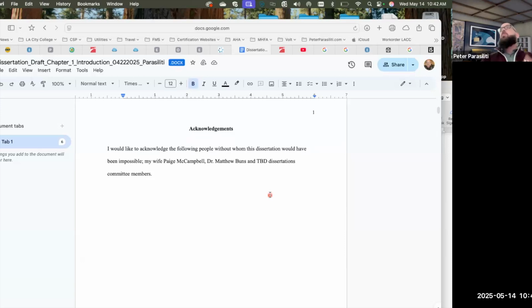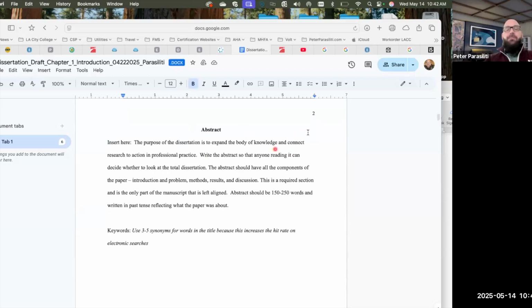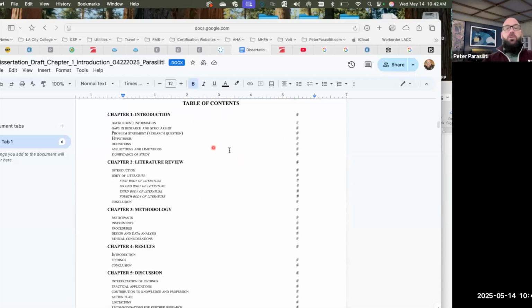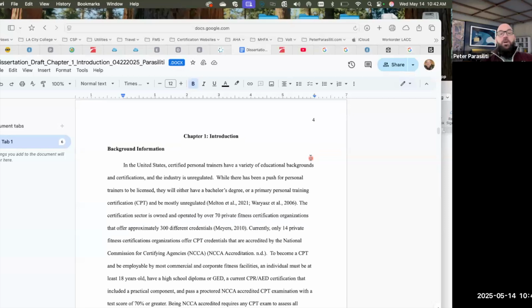So this is just part one. There are 4 classes. So this will be the introduction. The abstract isn't done yet because we haven't done that yet. But this is essentially what the dissertation will look like, the table of contents. I did write, and I had actually started this earlier. Now you're going to notice